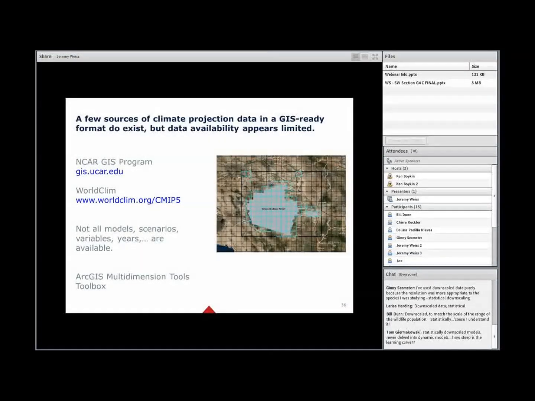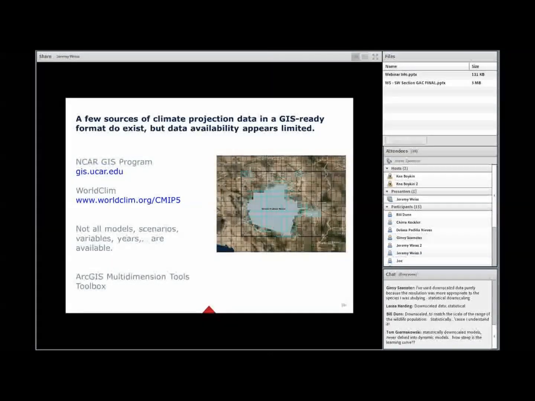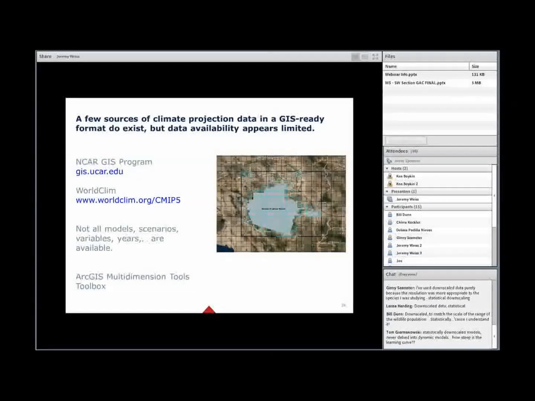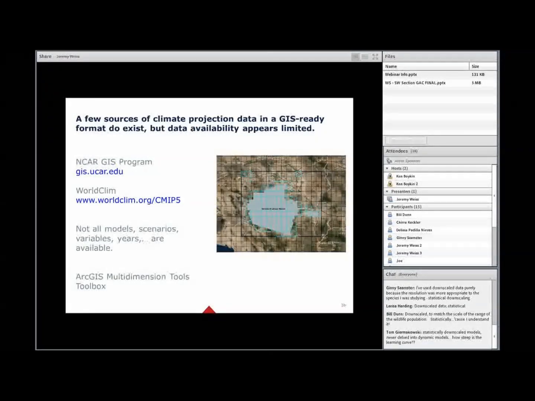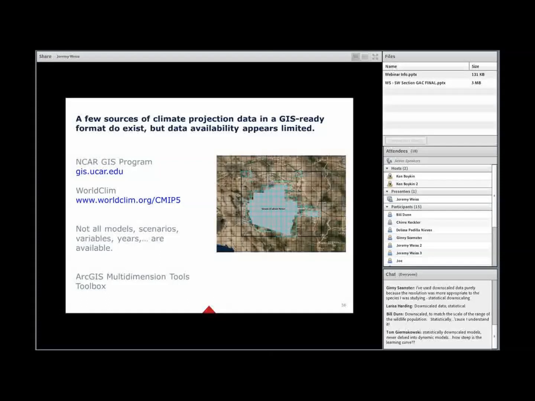In my experience, I've also tried some different approaches to bridge GIS software with climate projection data. I have one here depicted on the right in the figure, and that is, if you're able to figure out the grid or raster mesh of the projection data, which I've done here, you're able to take an area of interest. In this case, it was for a project with the Tohono O'odham Nation in south central Arizona.